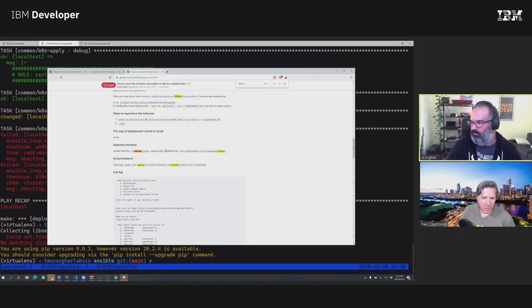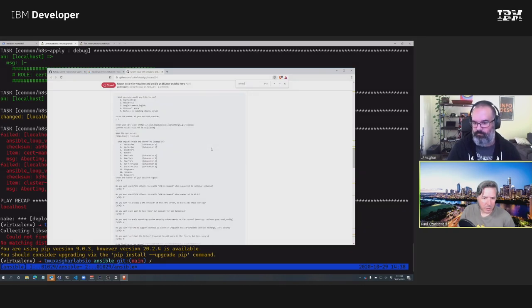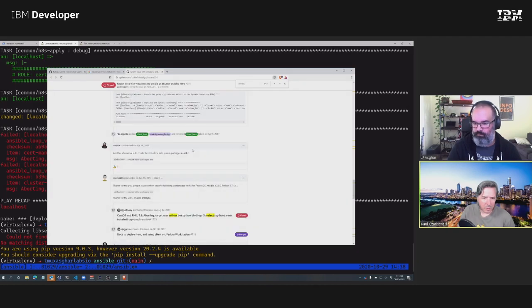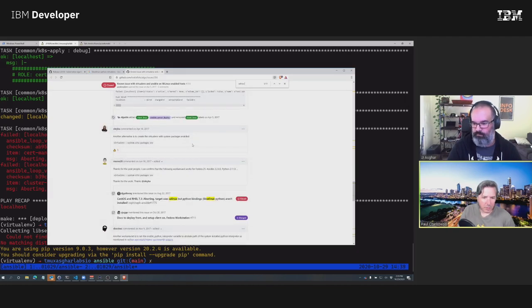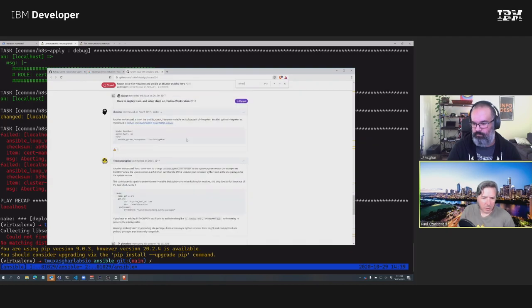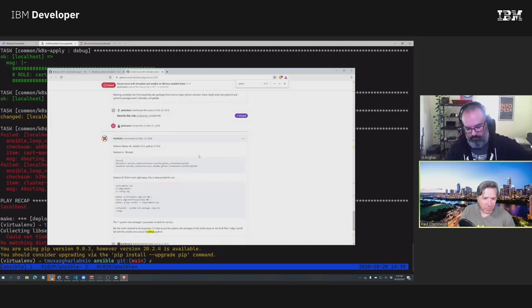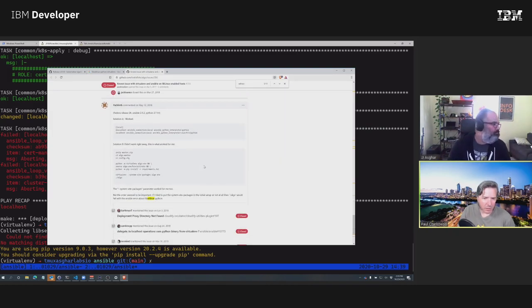Getting there? Okay, it's installed into. I just want to know how to install it. And I don't want to use the system site packages. I just want to install it. Come on.